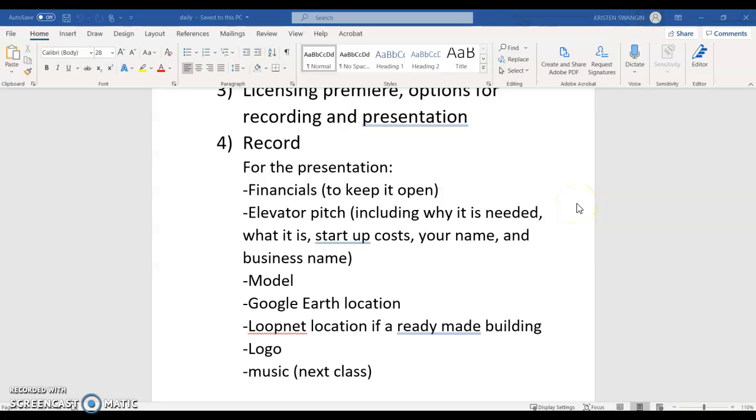Alright, so today is the part of the Fort Wayne Fun Project where you have to decide how you want to present your final information for your grade. The things that need to be in your presentation are your financials, to keep it open year after year. Your elevator pitch, which needs to include why your business is needed, what your business is, the startup costs, so